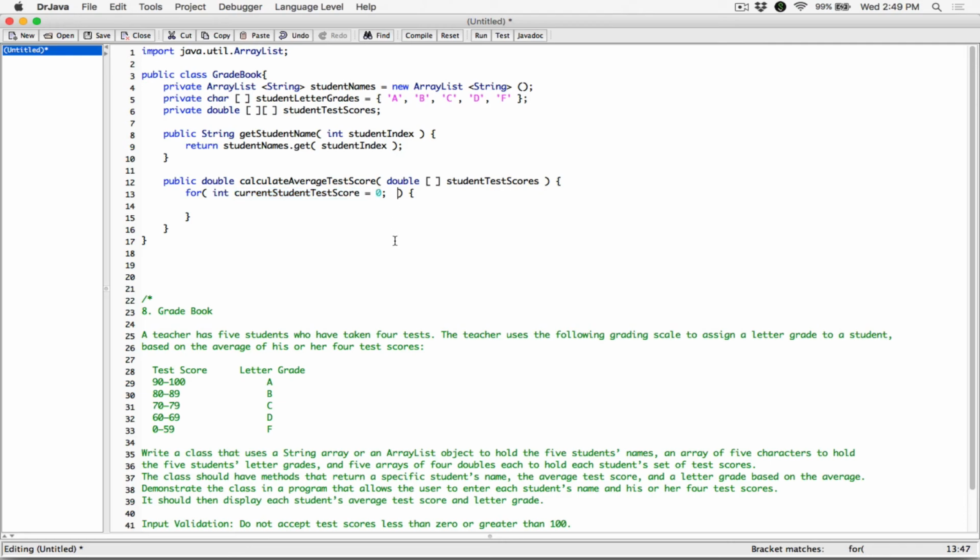And so over here, for int current student score is equal to 0, as long as the current student test score is less than the length of this array. So I'm going to use the name of this array. It's less than student test scores dot